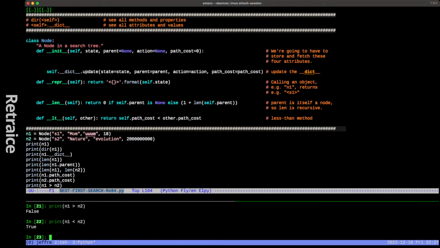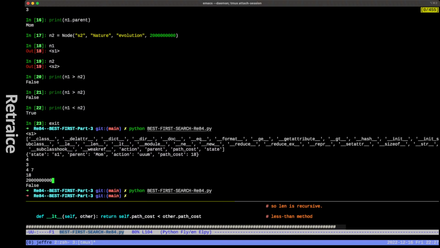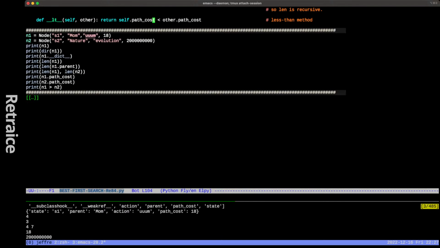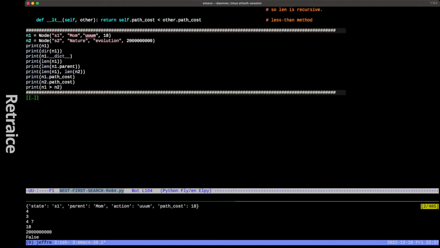And one more thing. Just like I said, you don't have to do this in IPython. Let's do Python, and there we go. Now we can switch these. I just ran the same file and all the things we did, because they're not commented out. These are all the outputs from those print functions. We printed the thing itself. We printed the dir function on N1. We printed the dictionary of N1, and then we printed the length of N1 and the length of N1's parent,